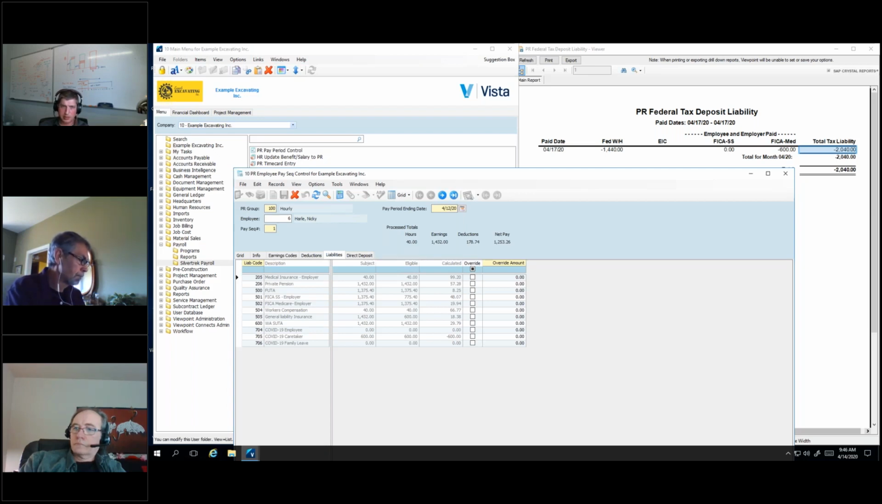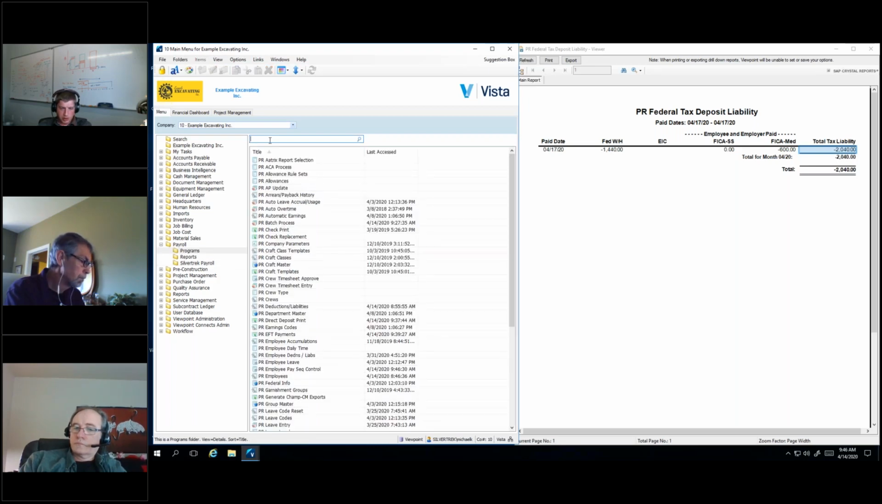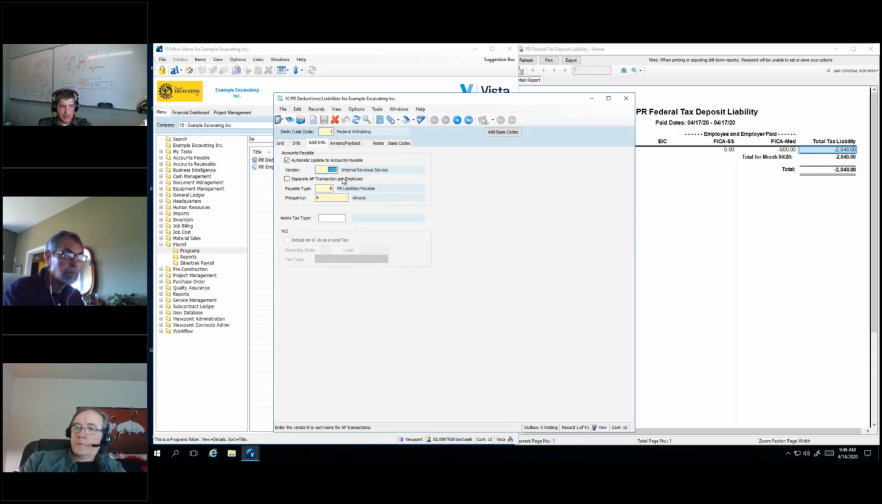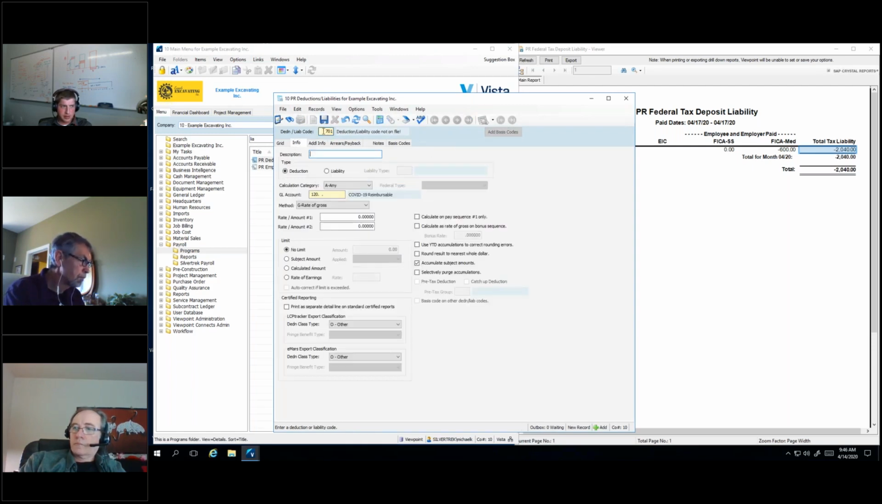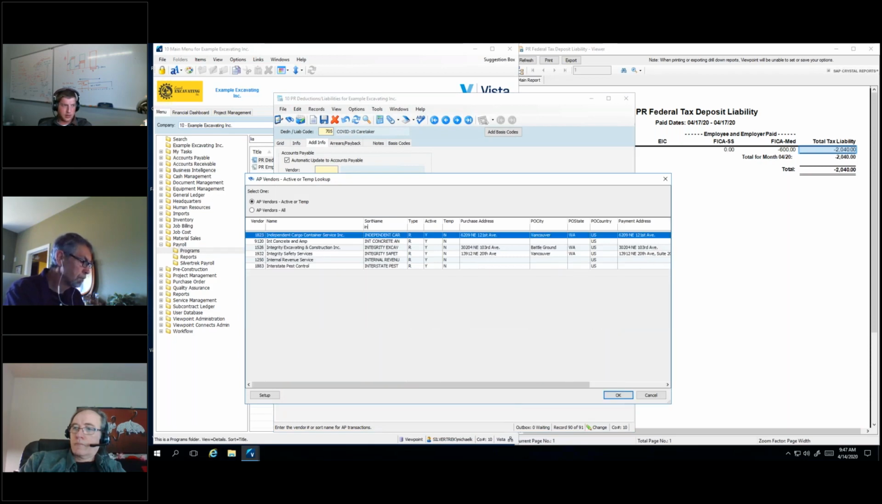If you're using AP updates, which I always recommend people use, to update the AP for your federal liabilities, this would show up in your PR deduction liabilities. Say on your federal withholding, you have the IRS set up as an automatic update to your accounts payable. Just make sure that you're set up on your 700 codes or your COVID codes that you would set up that same thing here. Make sure that this is the Internal Revenue Service,